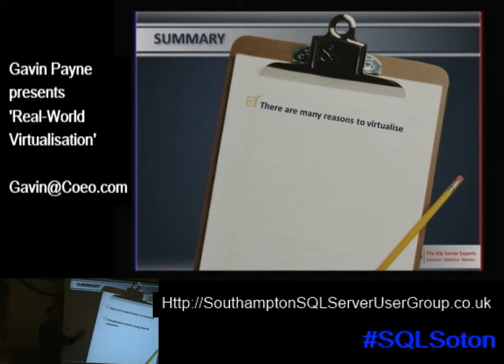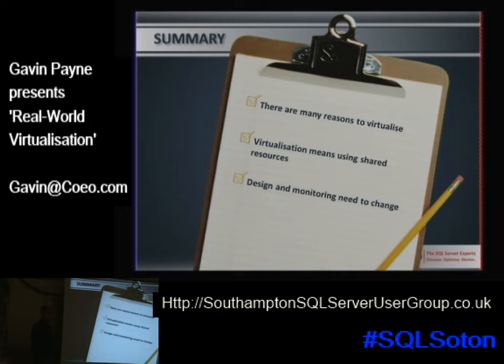So when we think about those two architecture stacks that we had, whereas before we were totally dedicated and isolated, and it was only us that could affect our own behaviour, we could now have really noisy neighbours that take away our resources, compete with our resources, and contend for resources that we weren't expecting. So for our server design and monitoring in the SQL Server world, we need to look at how we monitor the performance of the Windows operating system, CPU and memory. We also need to look at design, so we need to make sure that we have those nice dedicated virtual hard drives, for example,